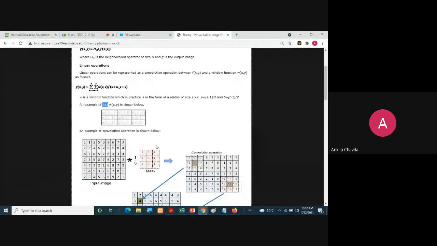I said that filter means a predefined task. So the name itself says, average filter means what? It needs to do the averaging of all the intensity values. So first it will do the summation: 1 plus 1 plus 2 plus 2 plus 3 plus 4 plus 8 plus 7 plus 6, and it will divide by 9. So it will get the average.